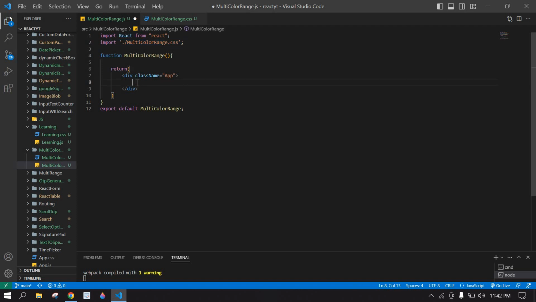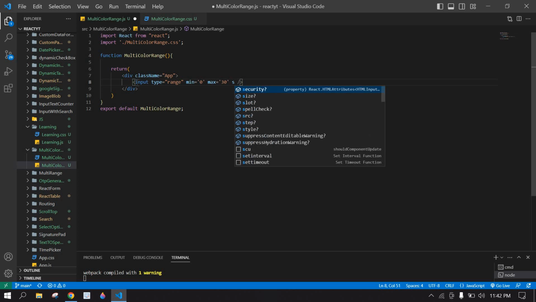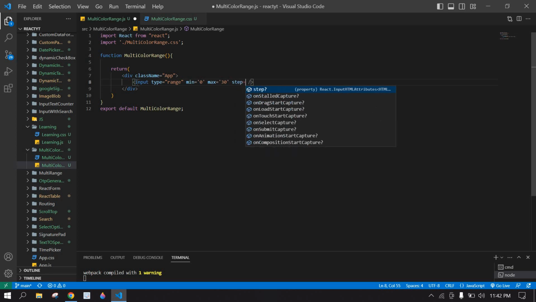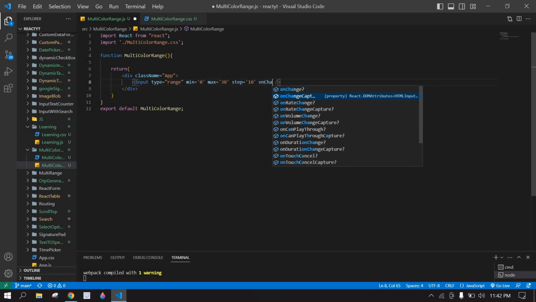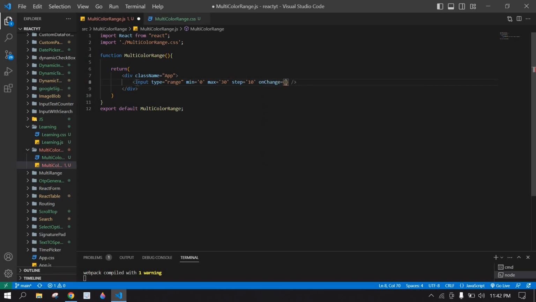I'm going to create the input and type as range, and minimum value is 0 and max is 30, and step 10. I'm going to get the on change value, and I'm passing event here,